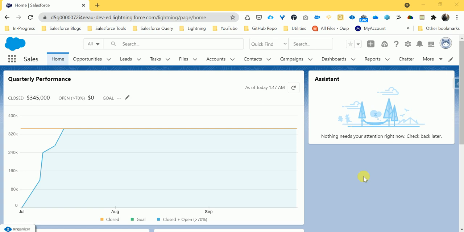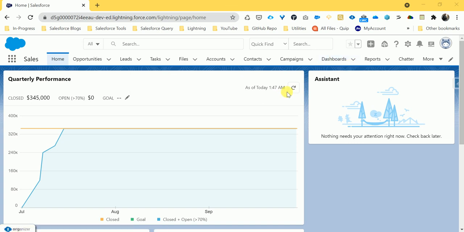Okay, so again, this is Rohit, and welcome back to my YouTube channel Salesforce Hunt. Here you can see I just logged in to my Salesforce org. As you know, a Salesforce org is nothing but a particular package, we can say an environment, where we can do both customization and configuration in the same place.